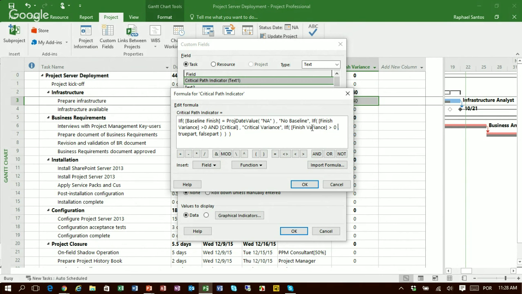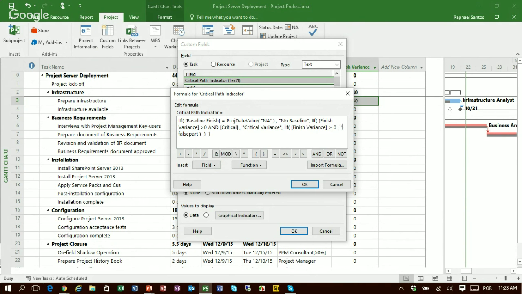At this time, I do not have to say that the task is not in the critical path because the task has only two options. The task is on the critical path or is not. So I do not need to say if the finish variance is greater than 0 and also not in the critical path, right? So I will just say if the finish variance is greater than 0,